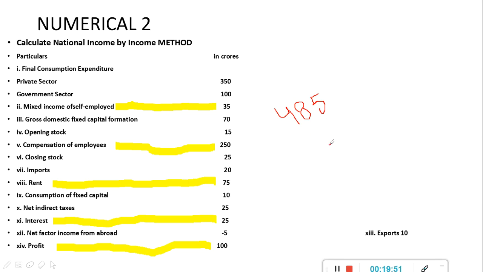That means from domestic product we have to go to national product. And when we go from domestic to national, we have to add net factor income from abroad. So to the value of 485, that is net domestic product at factor cost, we will add net factor income from abroad, that is given as minus 5 in the question. If NFIA is given as negative, we have to take the value as minus only. So we will subtract the value. 485 minus 5 is 480 crores. So net national product at factor cost, that is national income, is 480 crore. Thank you.